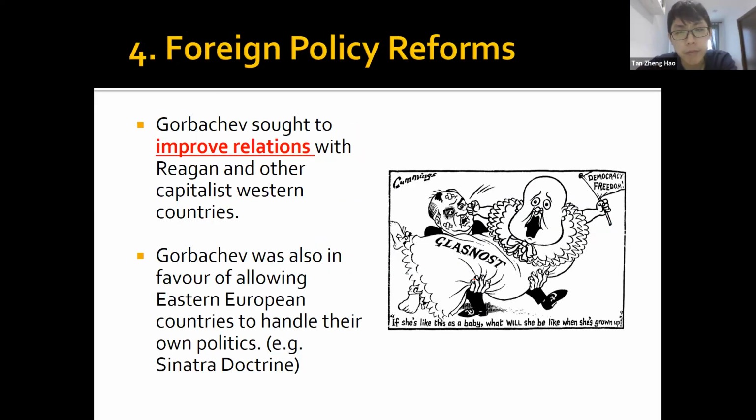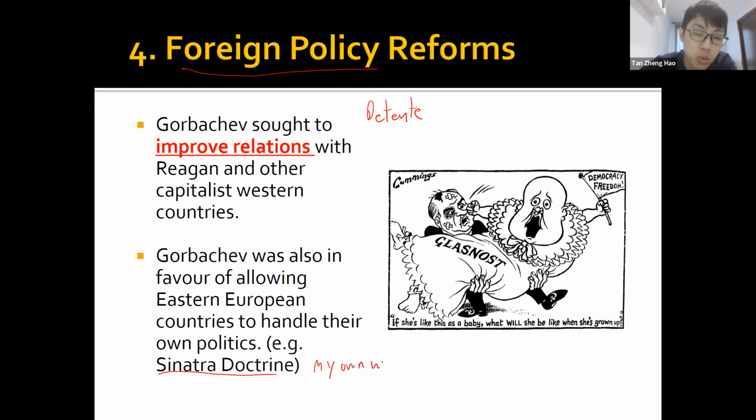Okay, the third set of reforms that Gorbachev made have to do with foreign policy. That means how he deals with other countries. So unlike some of his previous leaders, he tried to introduce some sort of détente again. Just now we mentioned this term, right? To improve relationships with President Reagan and the Western countries. Okay, and one example is the Sinatra Doctrine. Sinatra Doctrine basically